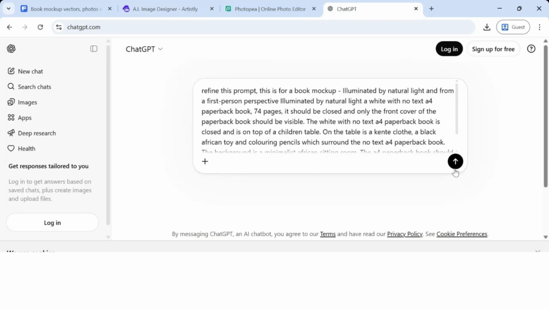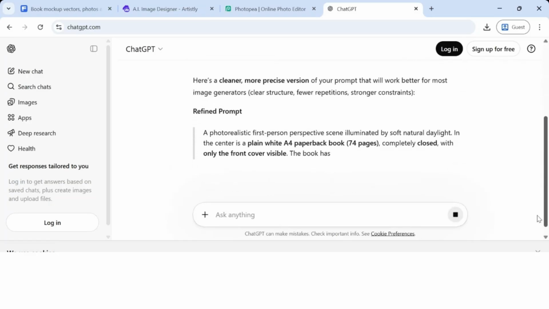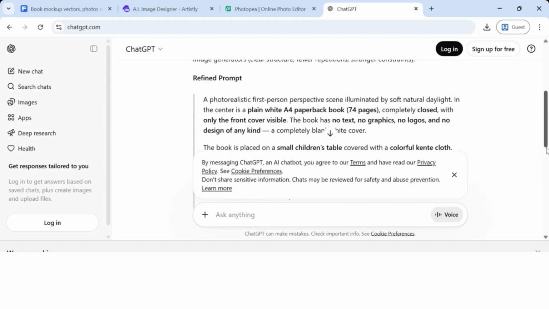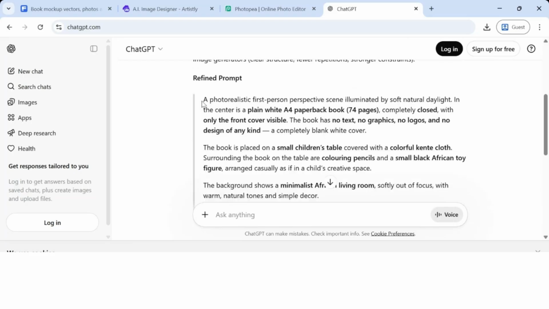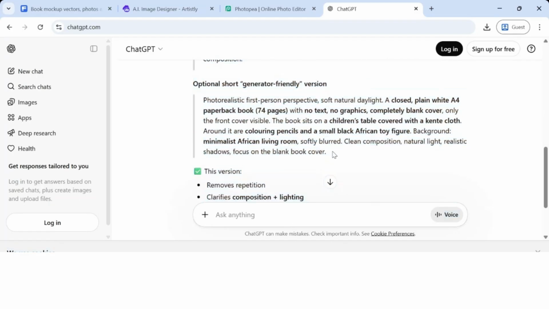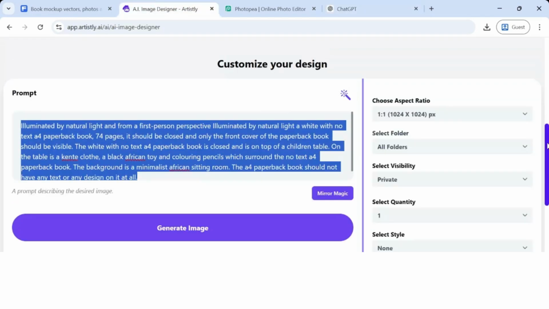Yeah, and I'm gonna click on this one right here. As you can see, AI is making it a bit better for me. Okay, and this really does help me. So I'm gonna copy and paste this now into Artistly. As you can see here, it's made it even better. Yeah. So let me copy this prompt